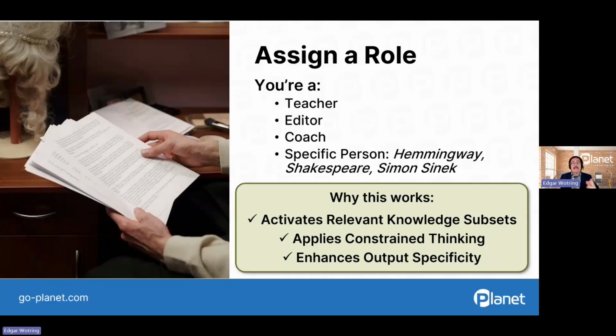This collision of different information sources, so to speak, fosters more creative and tailored outputs, and it enhances output specificity. So instead of a generic response, assigning a role ensures the AI's output is filtered through a particular lens, leading to a more nuanced and expert-like answer.